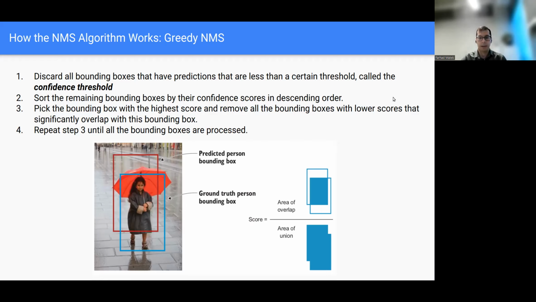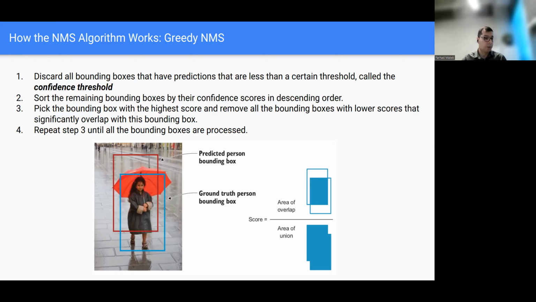It's a greedy process. Greedy in the context of software means that at each point in time, we look at the action which is optimal at that point. However, it might not be generally optimal. So through this process, there's a chance that we get rid of some of the meaningful bounding boxes as well, because sometimes these objects might significantly overlap.